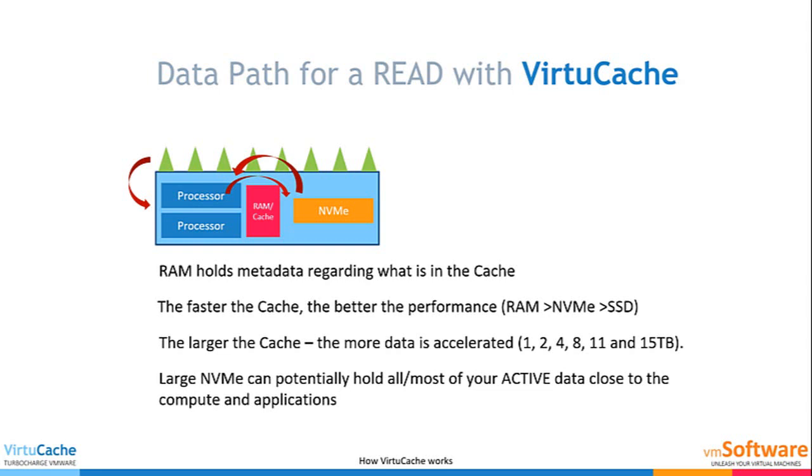Now what's really cool with VirtuCache is we can actually mix RAM and NVMe or RAM and SSD to deliver insane performance for your applications. The larger the cache, the more data that gets accelerated. So today, SSDs and NVMe are available in 1, 2, 4, 8, 11 terabytes, even up to 15 terabytes of capacity. So by moving all this data as close as possible to the compute and to the application, delivers superior